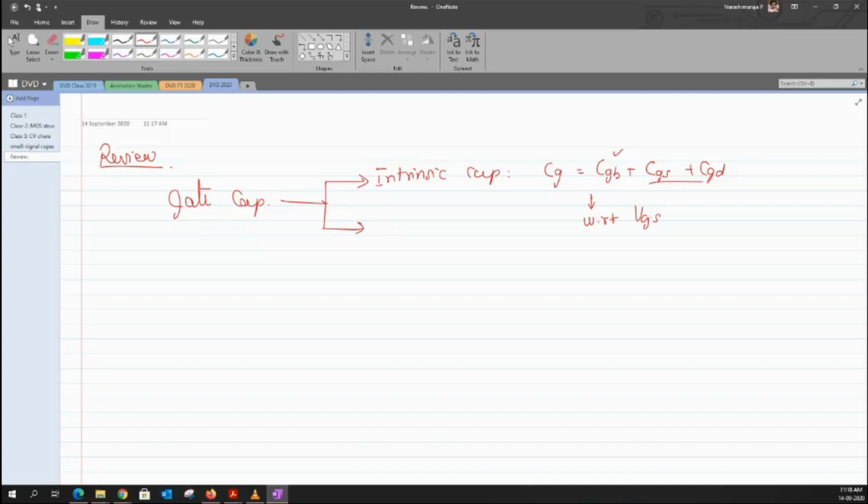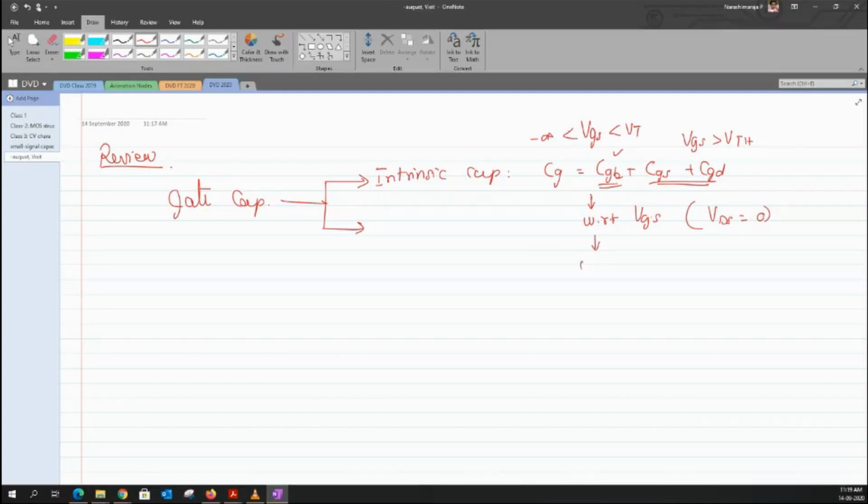Specifically, CGS as well as CGD came into the picture only for VGS greater than VT. But CGB took up values for all VGS within the range, down to negative infinity. So throughout this entire region, we had CGB taken into account. But once we crossed the value of VT, we had CGS and CGD come into the picture, and CGB was completely turned off. We discussed this assuming that VDS was held at a constant value, which we normally took as VDS equal to 0.